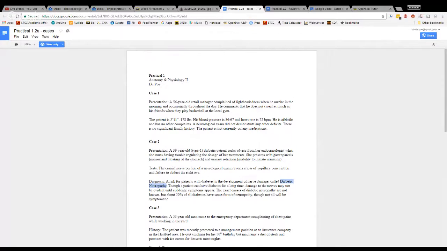Now, it's sort of my bias to have those be more medical cases. You might not be going into nursing or related fields. You might be going into dental hygiene or surgical tech or something like that. And other types of cases would make more sense. But it's just not my particular familiarity with medicine. So these are medical cases